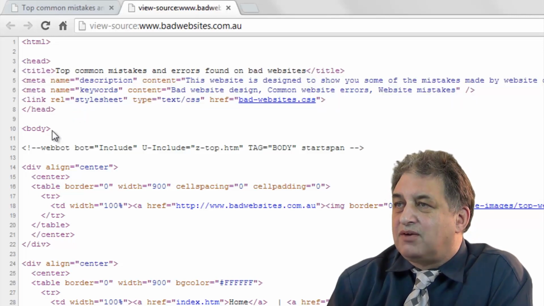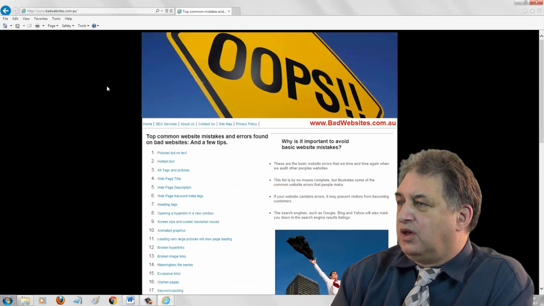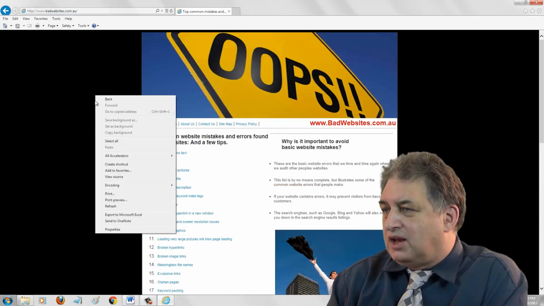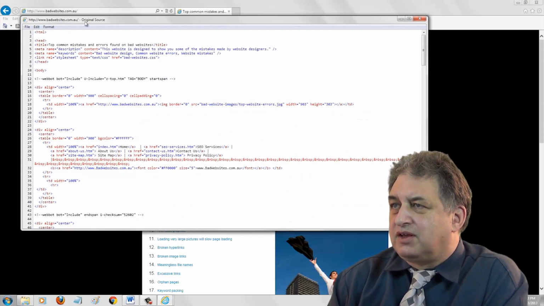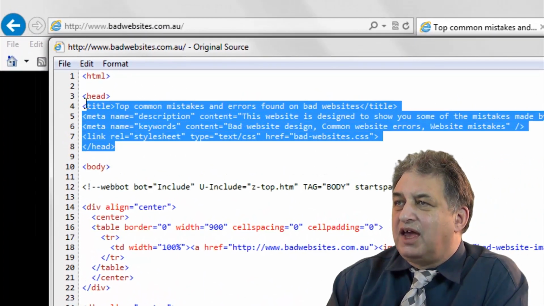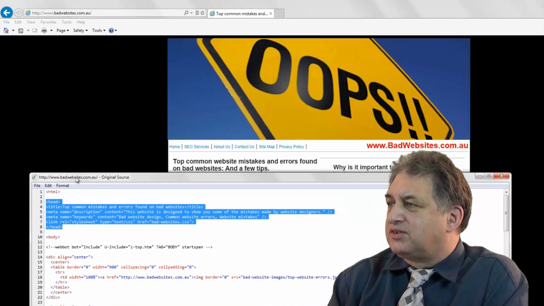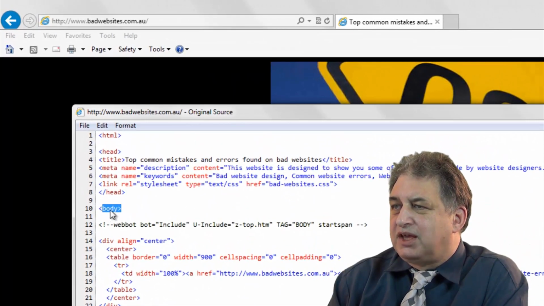And then there's a body area, you can see it starts here, and the rest of this area here is stuff you'll see on the screen. So this is basically the website as a visitor would see it, and if you right click and go to view source, this is how Google is going to see it. Now the important thing is you've got this header area up here, that's seen by Google, and as you can see that's not displayed on the page, but this area downwards, the body area, that is the area that's displayed on the screen. That's what your visitors are going to see.